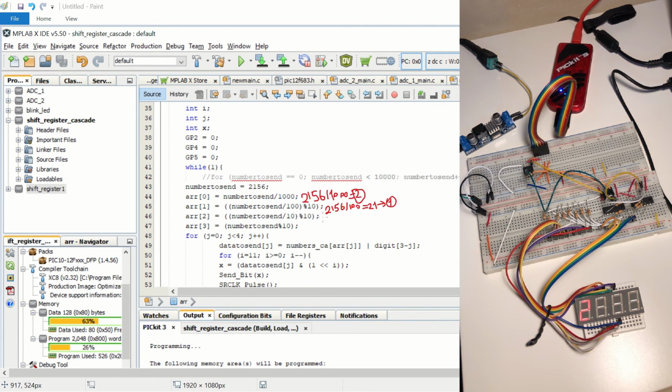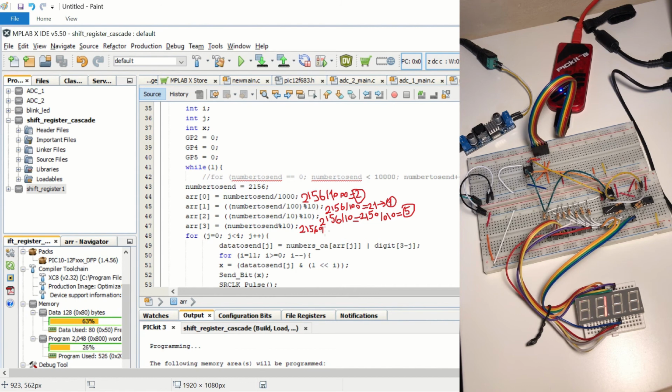In the next line, we divide the 4-digit number by 10 and then use the modulus operator with 10 and get the remainder. So we are going to have 2156 divided by 10, and our result is going to be 215. And then using the modulus operator by 10, we are going to get 5 as the remainder, which will be our 3rd digit. And in the next line, we use the modulus operator by 10, so it's going to be